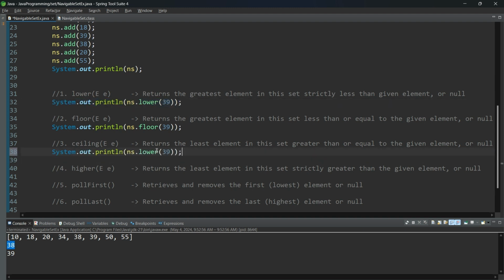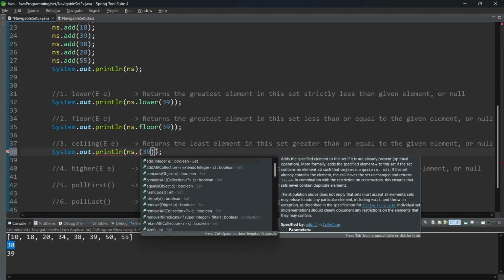So here, ceiling means top, lower, and floor means bottom. That's it. So ceiling